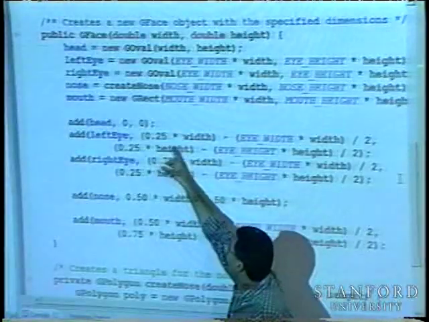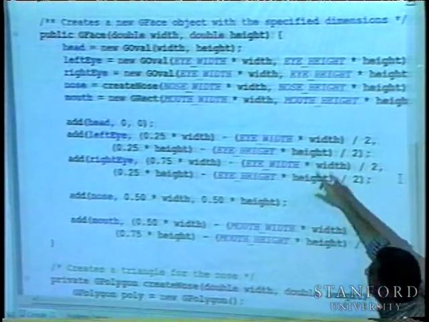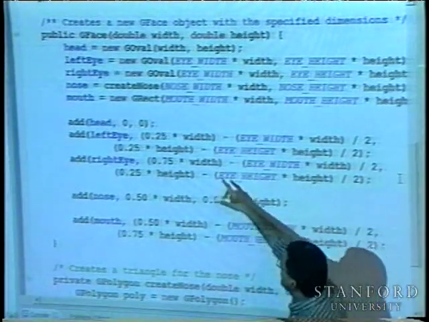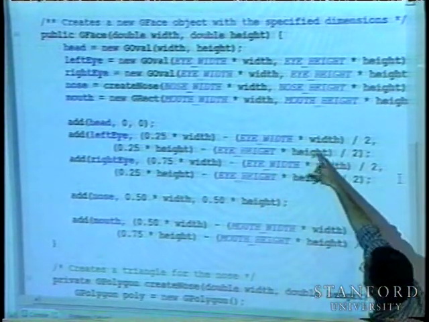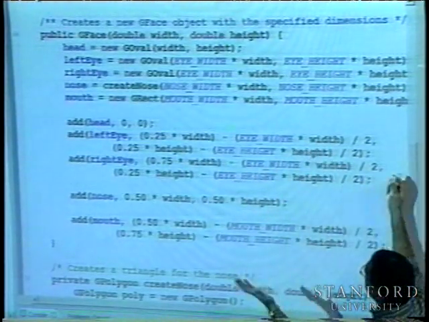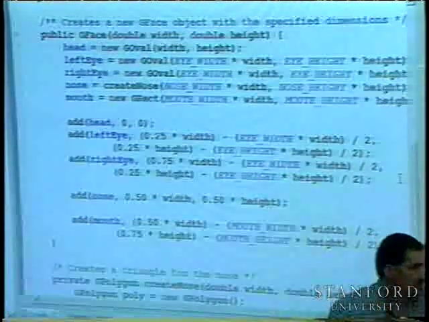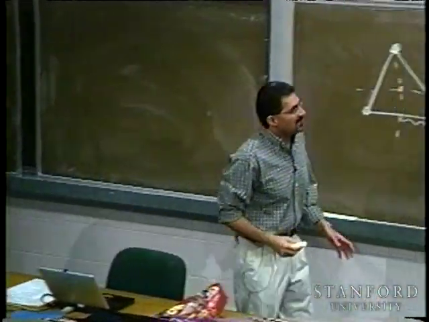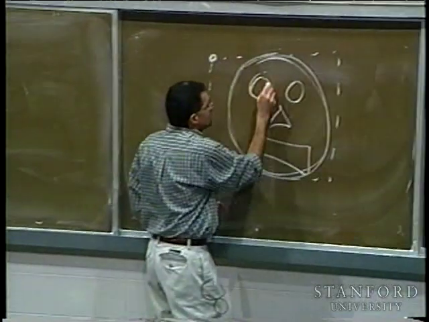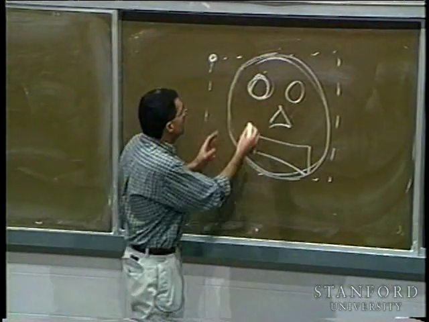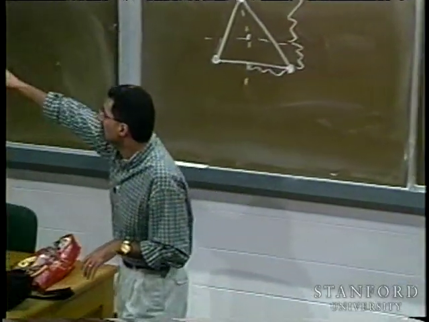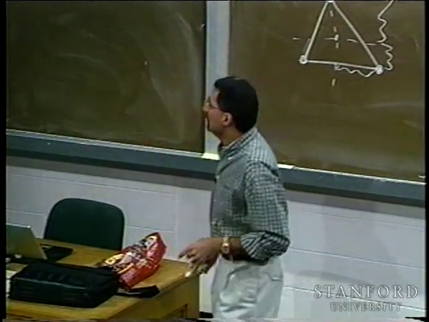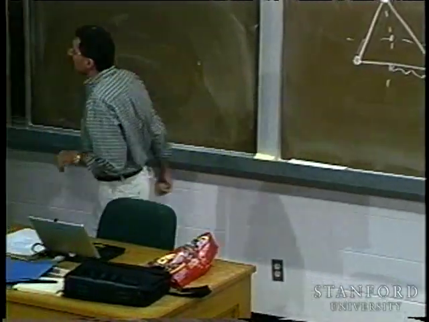I'm going to add the left eye with this kind of funky equation over here, but basically all it's saying is I take a quarter of the width of the face and subtract from it the eye width scaled by the size of the face divided by 2. So basically what it's going to do for the x-coordinate is bring it over a quarter from where it would have been relative to the center of the screen. And then I'm also going to do something relative to the height,